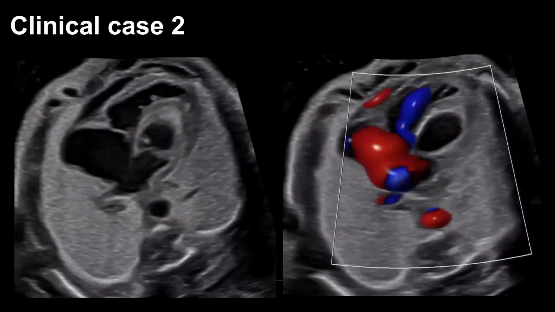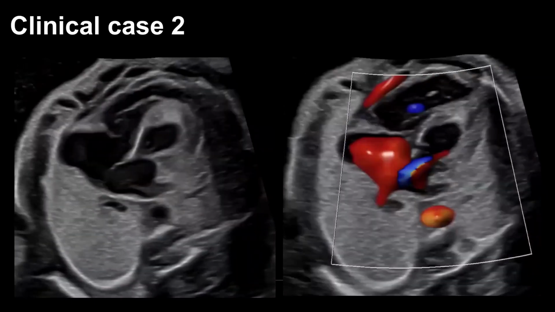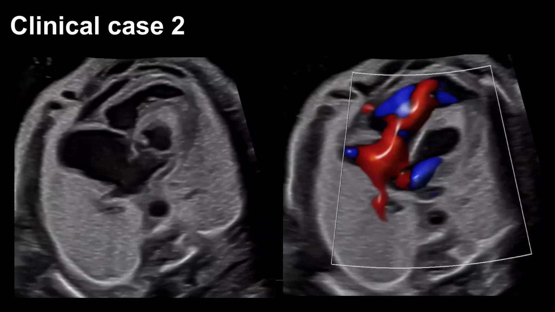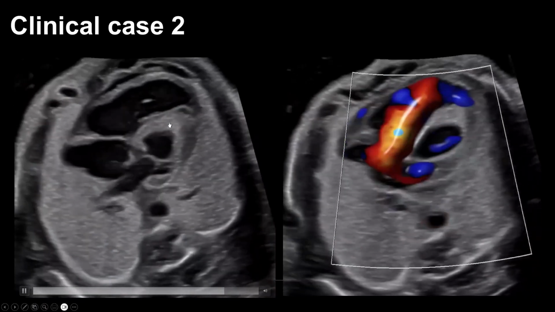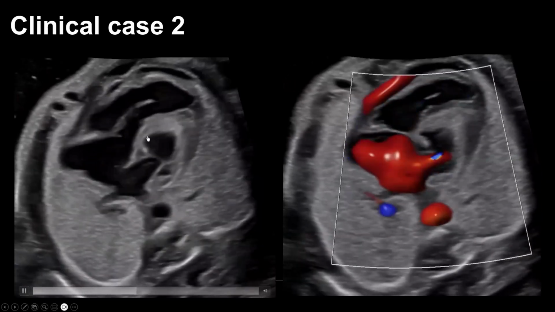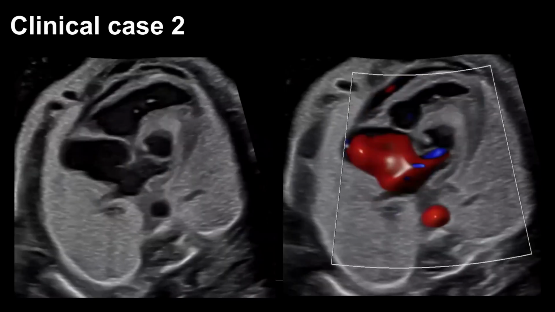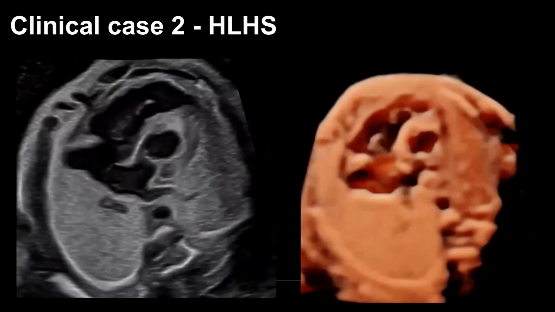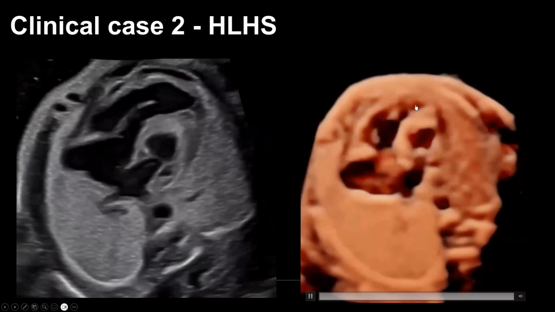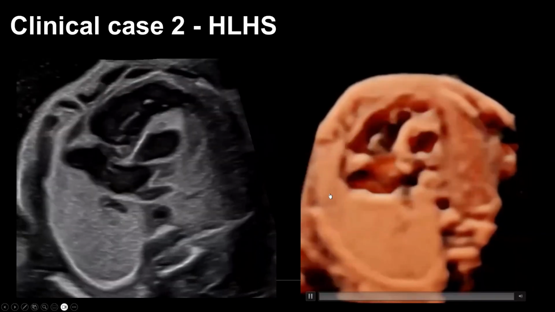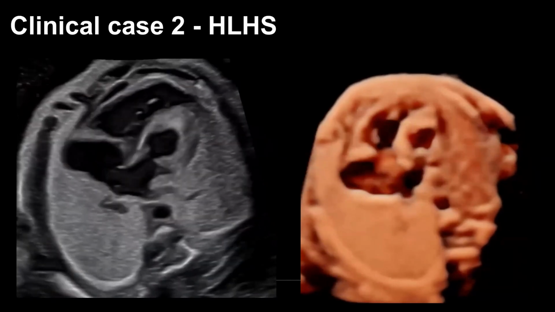This is the hypoplastic left heart syndrome that develops as a result of the critical aortic stenosis. And you can see the specific features of the left ventricle and its globular, not contracting, the echogenic endocardium. So this is really, really severe cardiac anomaly. And here I would like to highlight that this is something that we can use the 3D and reconstruct the same features of this heart defect.